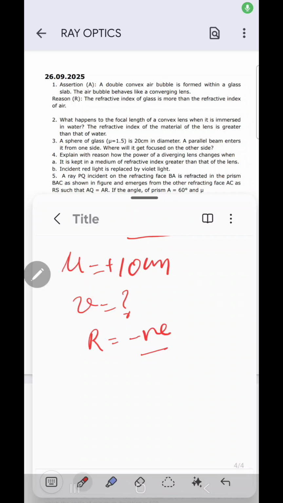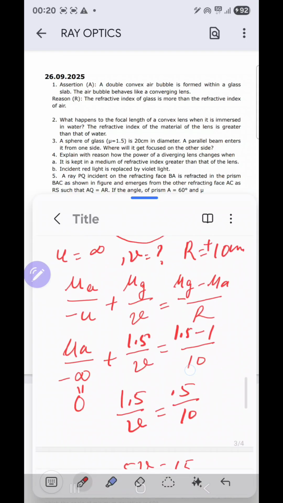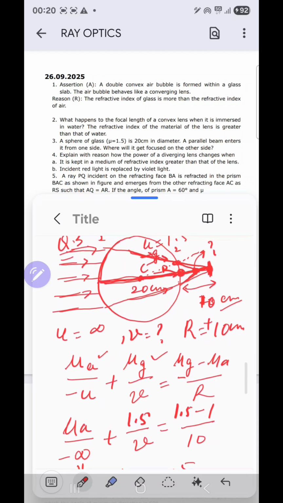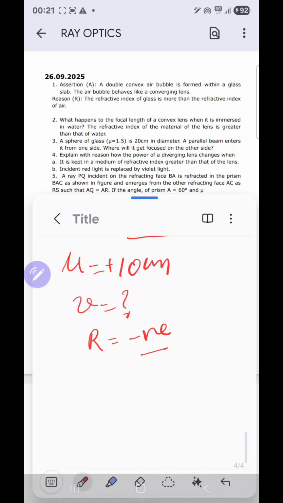We can write the formula for surface number 2 by just interchanging these two variables, as for this particular surface, the incident ray is lying in the denser medium and the image is being formed in the rarer medium. So how can I write here? It was initially mu1 over u, so I can write here mu2. Mu2 here is mu glass over u, and then plus, it was mu2 over v, but now it is mu1 over v, that is mu air over v is equal to, here you would get mu air minus mu